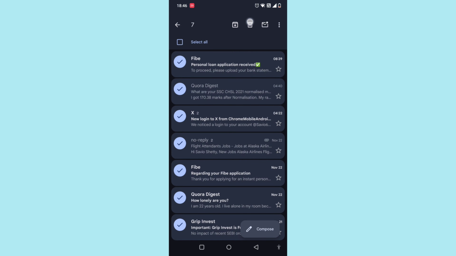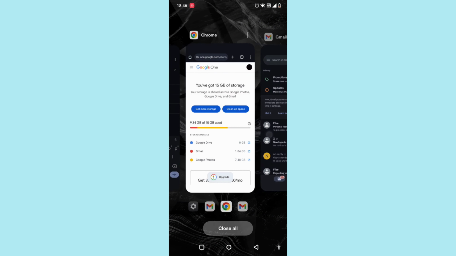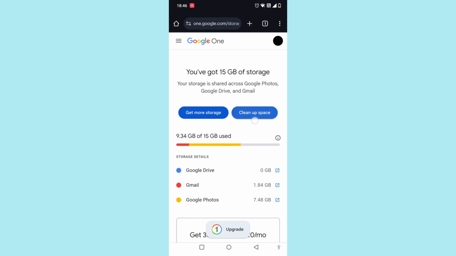If I have any storage in my photos, I have to delete them. Or you can click here clean space clearly, and once you click on that also, it will clean up all the Google photos, all the Gmails, and then you'll be able to receive the fresh Gmails or fresh mails that people are